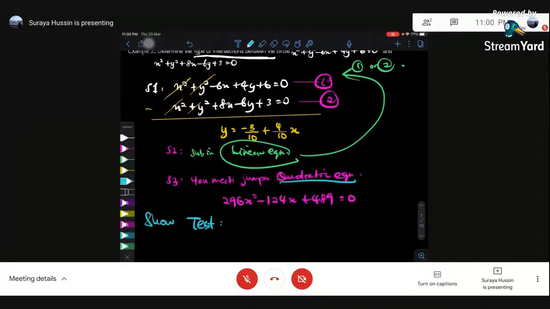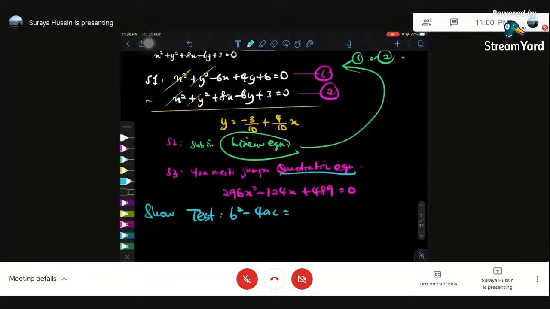Show that the type of the intersection. So b squared minus 4ac, this is where you sub in your b and a and c. That's why you must have b, a, b and c dahulu. Do you remember ax squared plus bx plus c is equals to 0? This is quadratic equation. You sub in your b,